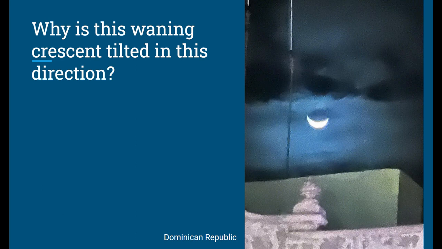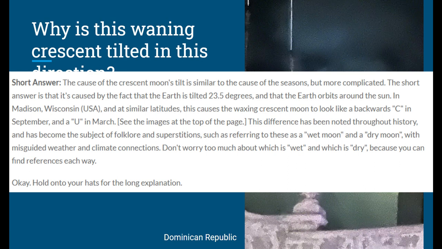We also had a student question: why was this waning crescent tilted in this direction and not like how we see it, right to left, here? This photo was taken in the Dominican Republic. This is a little bit of a complicated answer, but I've linked a couple of resources in Google Classroom in case you finished early and wanted to learn more about this. The shorter answer is that it has to do with our tilt of 23 degrees and the position of